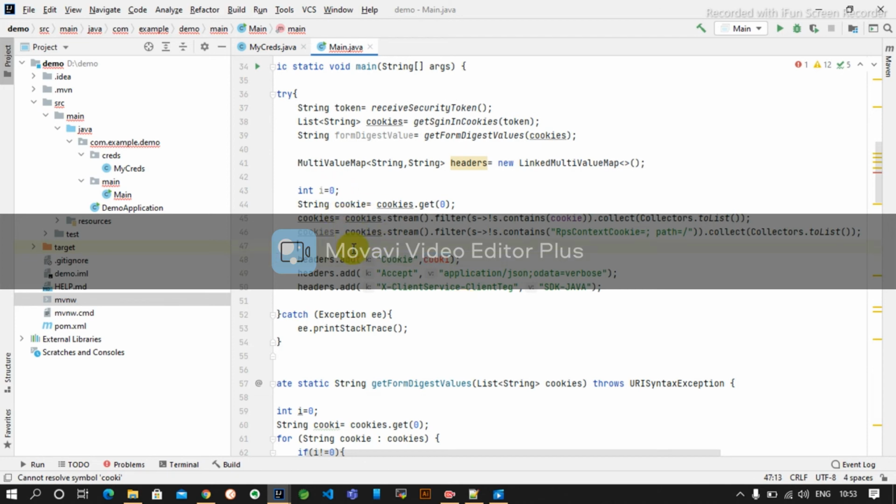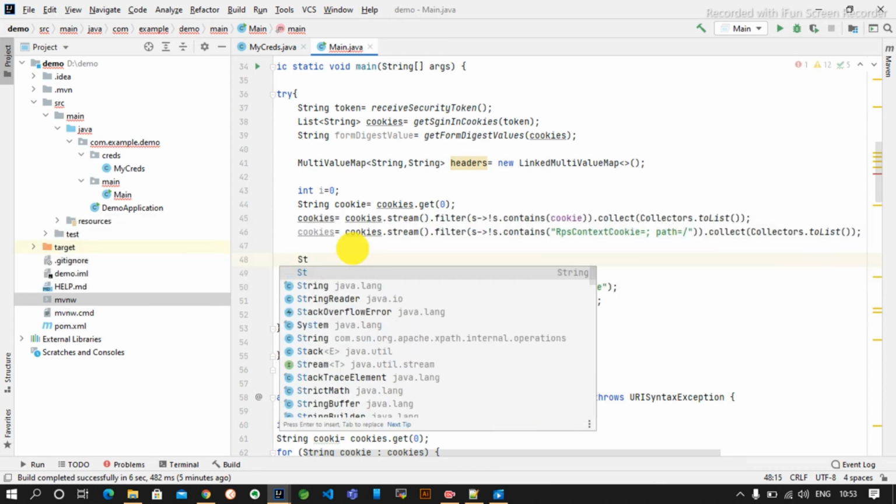Then we will use the newly formed cookie with the semicolon in it.